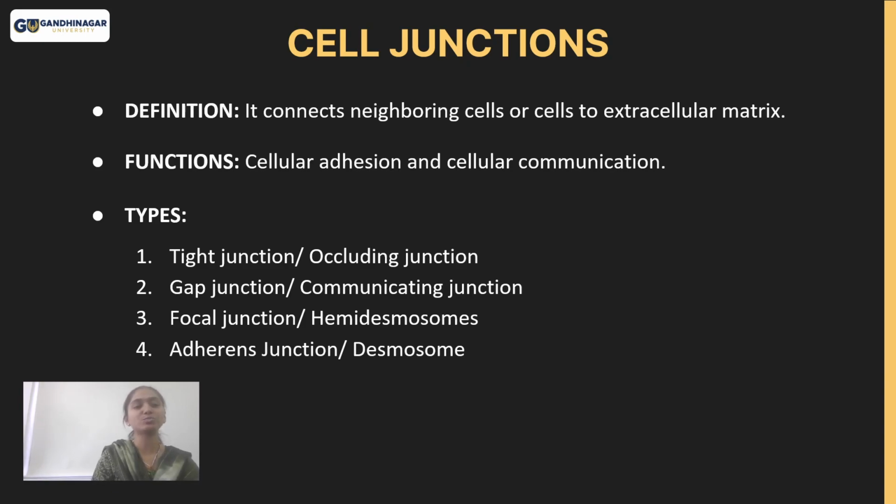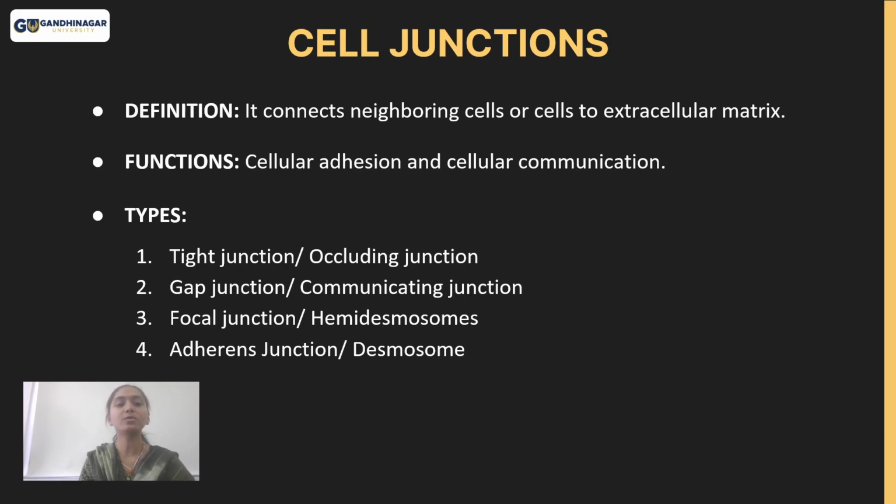It involves the transmission of signals between cells, which can occur through direct physical contact or through the release of signaling molecules. Here is an overview of these cell junctions. Cell junctions are specialized structures that physically connect adjacent cells, facilitating direct cell to cell communication. There are several types of cell junctions.